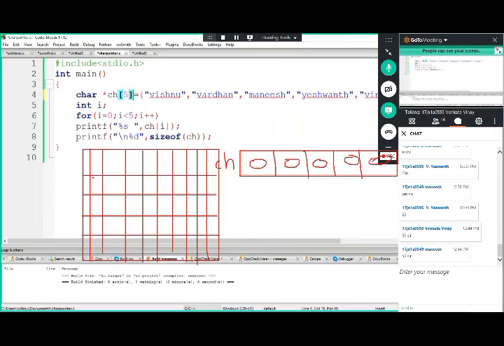In the previous case, array has been created like this. Let me show you that one. V I S H N U, I here backslash 0.